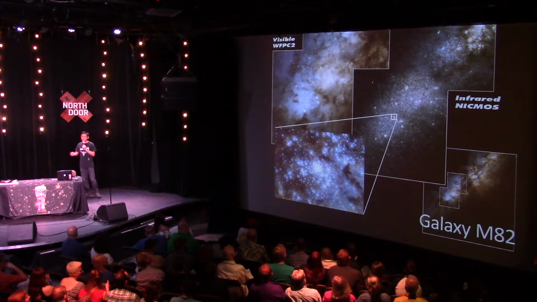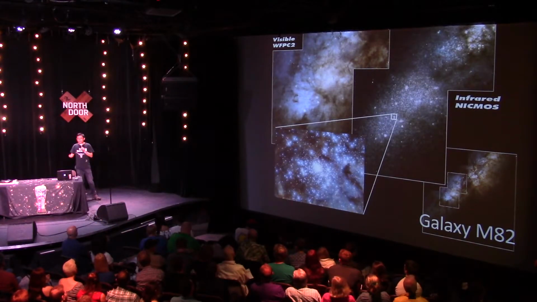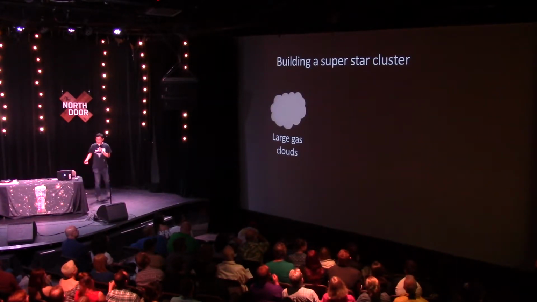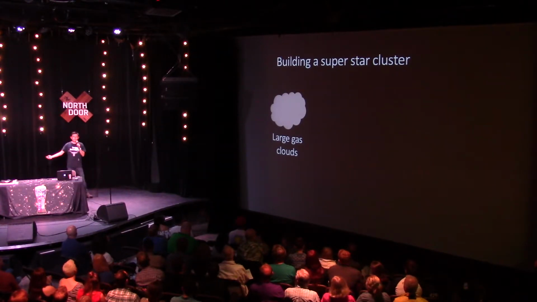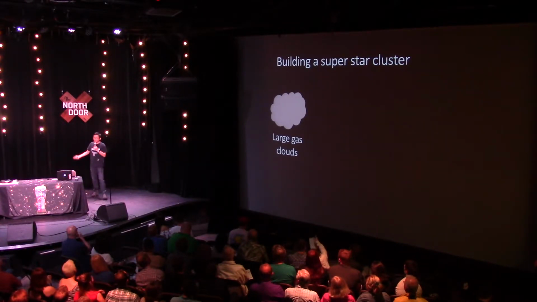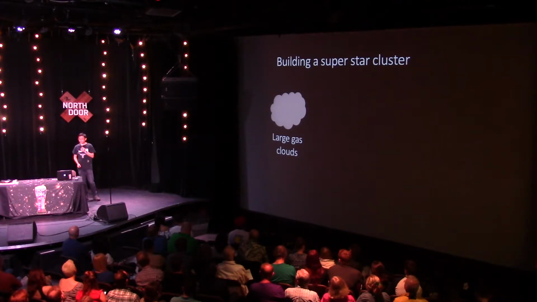And as a theorist, it's just too much for me. As a theorist, I want something that I can easily understand. So in order to figure out how to build these clusters, I start with a really simple picture like this. So to build a superstar cluster, what do we need? We have millions of solar masses, right? So we need millions of solar masses of stuff, of material, of gas. So we have a very large gas cloud. If you just let it sit there, what will happen?